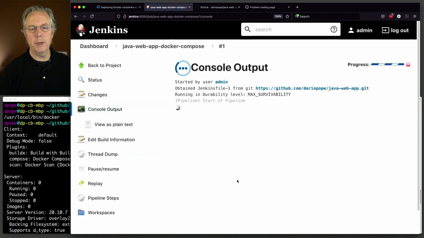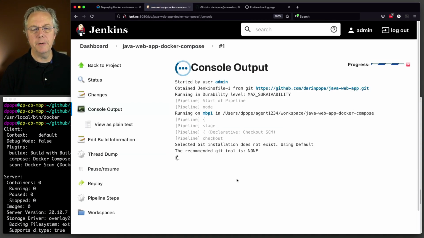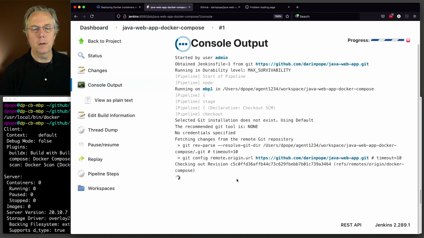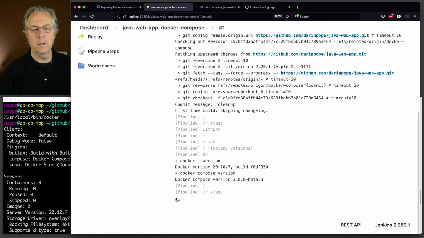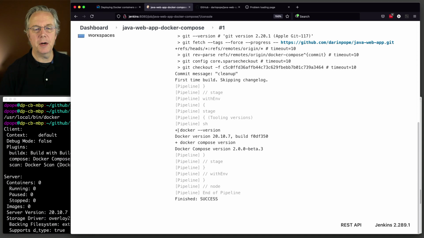As that starts to run, let's see what happens here. So our tooling version, so Docker version gives us 20.10.7, which is the correct version, and our Docker Compose version is the 2.0.0 beta 3, which is what we saw earlier when we did our Docker info directly on the agent. So now that we know that we have both Docker and Docker Compose installed correctly on our agent,